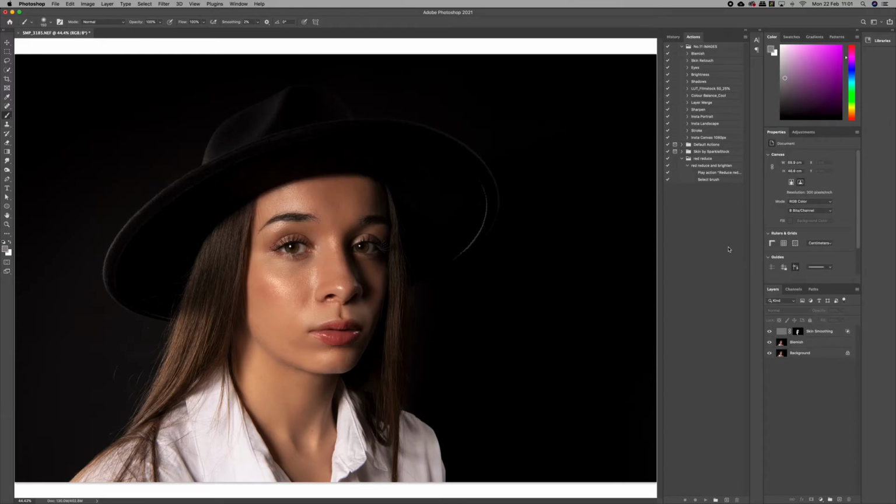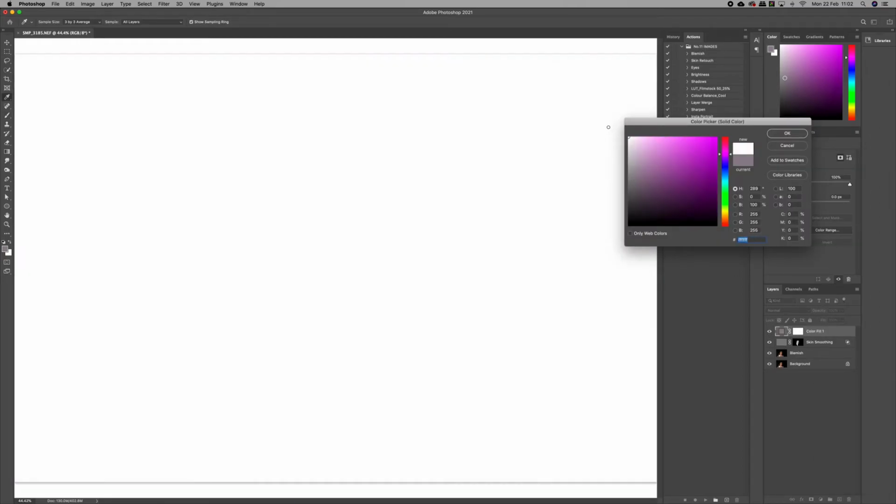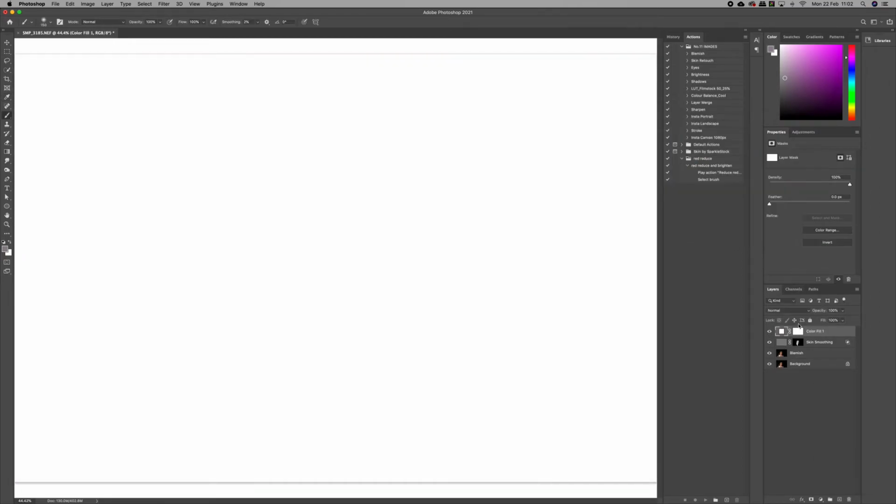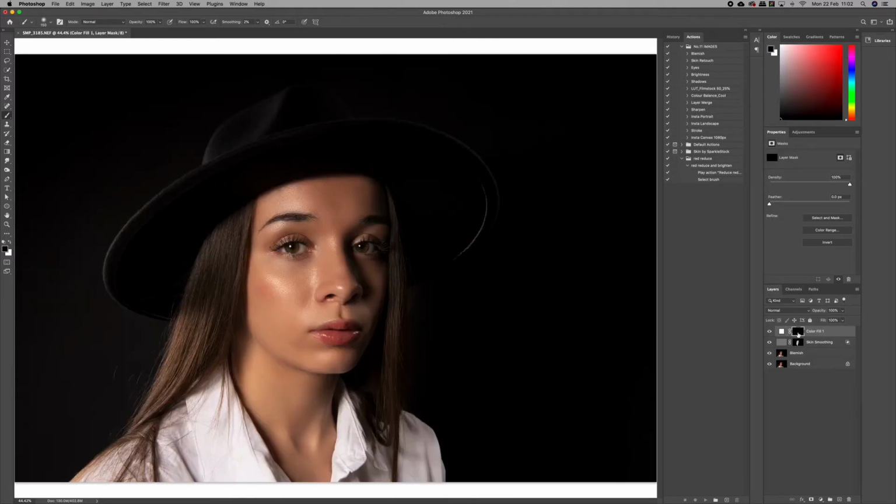We're going to make a brightness layer. I do have it in an action, but what we're going to do is we'll do the eyes first. Sorry, we'll make a solid colour layer. Put that to white. Hit OK. Invert that, so Control I, Command I if you're using Mac, and that's it. There you go. Change your swatch, and now if you just zoom in on the eyes using your brush tool,